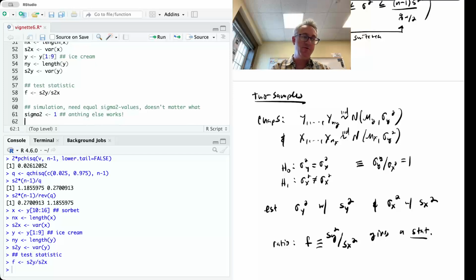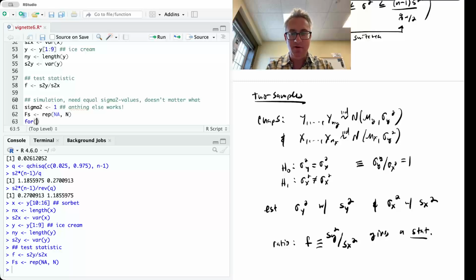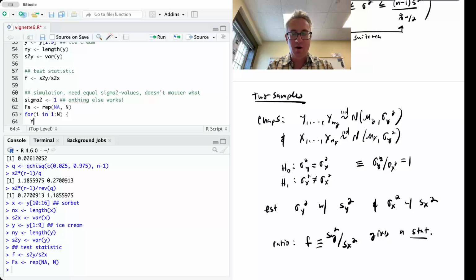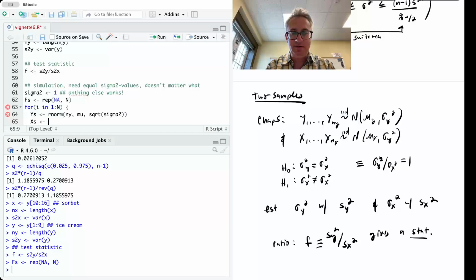Okay, and we're going to use the mu value from earlier, which we fixed to be 4. And again, any value works. So I'm going to save f statistics. I'm going to use the value of n that I set up earlier. And then I'm going to draw y's from a Gaussian population, with mean mu and variance sigma 2. Better make sure to take the square root, although the square root of 1 is just 1, so that would work without the square root. And x's